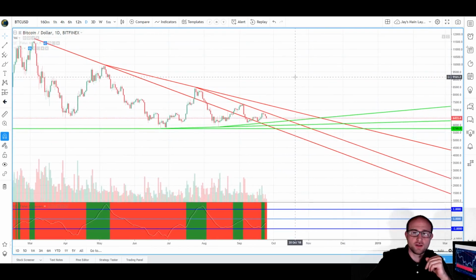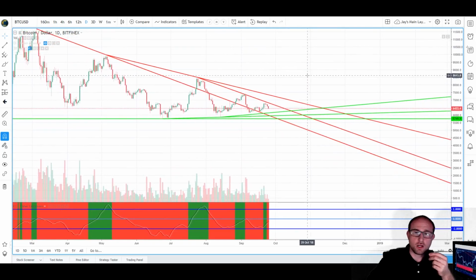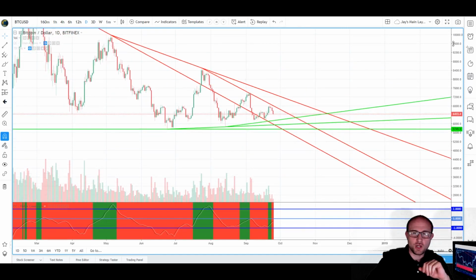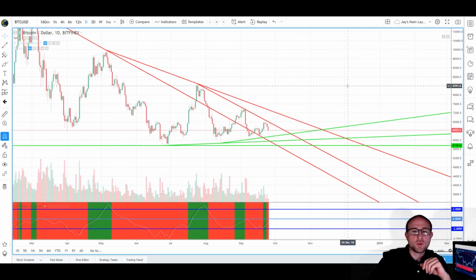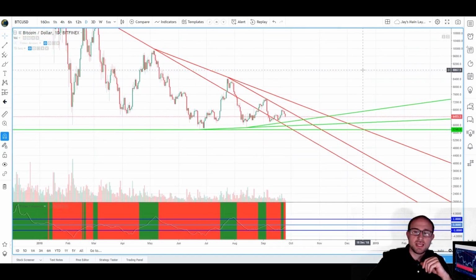turnaround. So now we're in a very nice tightening, consolidating, descending triangle or symmetrical triangle, however you want to look at it. Clearly a symmetrical triangle to me, although I'm tired of arguing ad nauseam with individuals who want to take their own interpretation off price data. So it's whatever you guys want to call it. I'm just calling it as I see it. The red lines are obviously the descending bearish resistance trend lines, and the green lines are obviously the ascending supportive